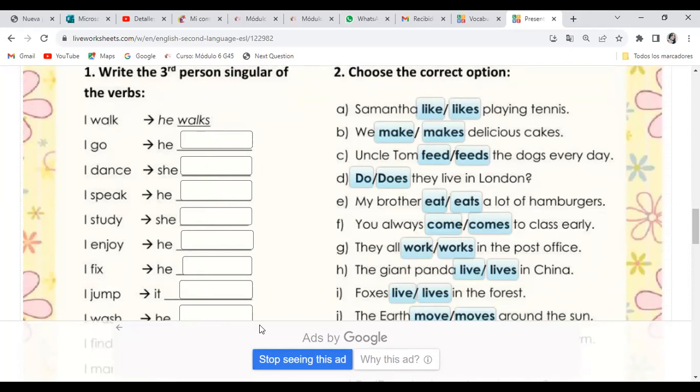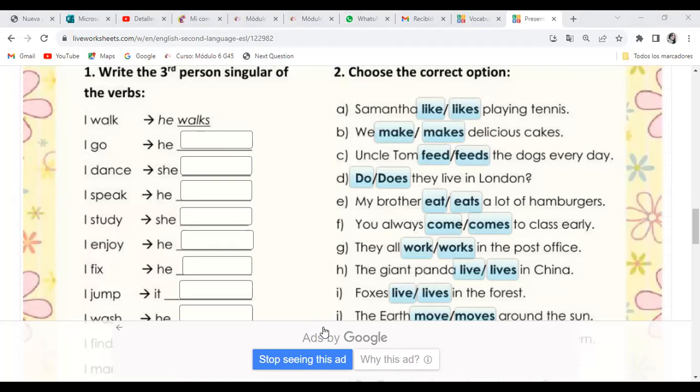Anybody, guys? Any volunteers who would like to participate today? Remember, guys, that you can do it in the chat box. If you cannot activate your microphone, don't worry, you can participate in the chat box. Si ustedes no pueden activar su micrófono, no se preocupen. Ustedes pueden participar a través del chat. Solamente posteando ahí sus respuestas, okay? So, any volunteer, guys? Anybody that would like to help me? I'm waiting. You can do it from the chat as well.